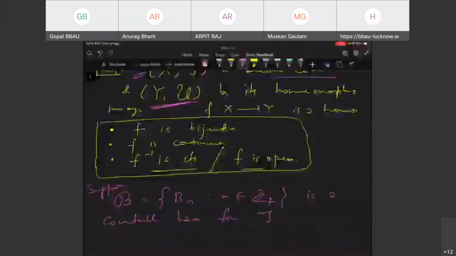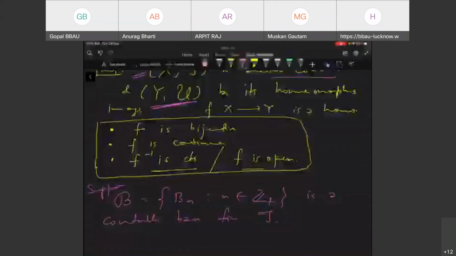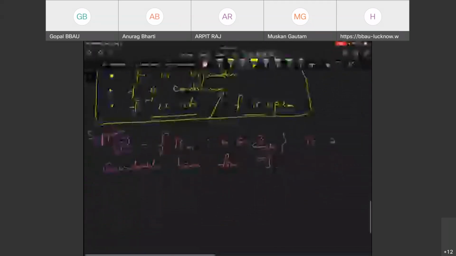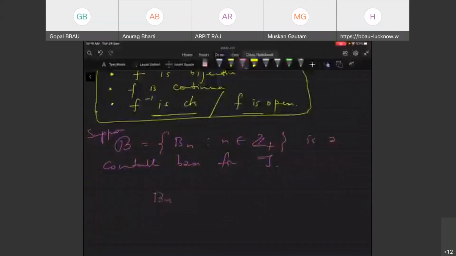तो कौन सा कलेक्शन जो लिटरली Y का बेस होना चाहिए, कैसे कर सकते हैं आप लोग? आपके पास X गिवन है, आपके पास Y गिवन है, और आपके पास एक मैपिंग गिवन है सर, Y इंटरसेक्शन एक Bn कलेक्शन B गिवन है जो, ओके लेट्स डू दैट। देखिए सबसे पहले Bn के बारे में हम क्या जानते हैं? Bn किसके सबसेट है? X के। हमको बेस किसके लिए चाहिए? Y के लिए।